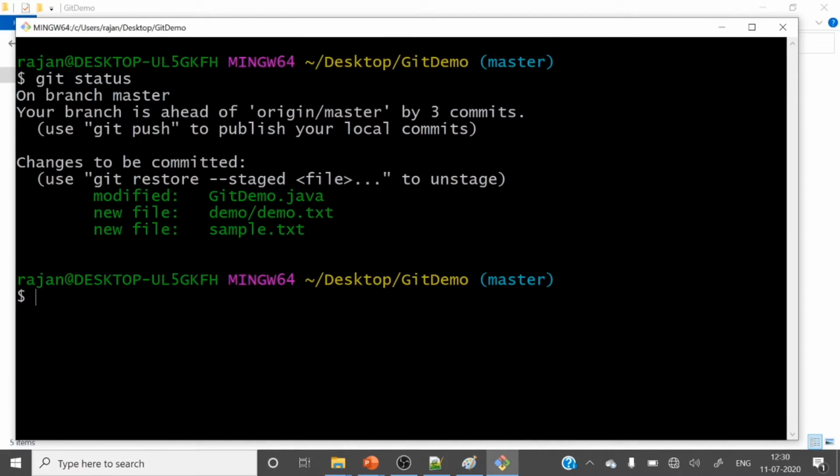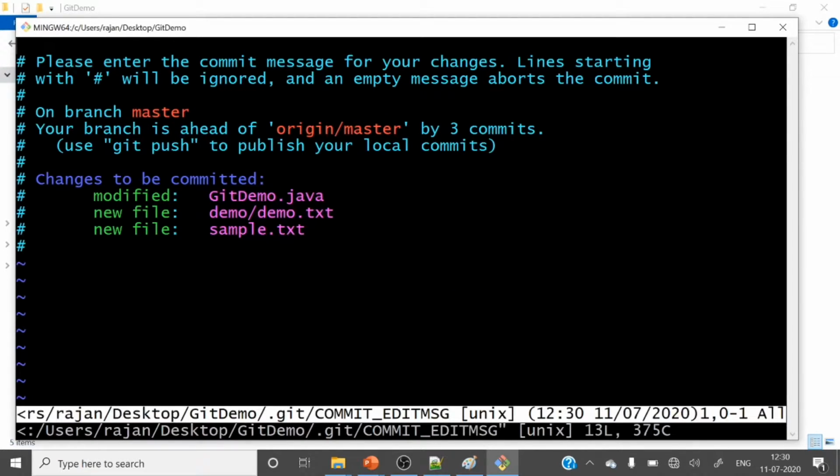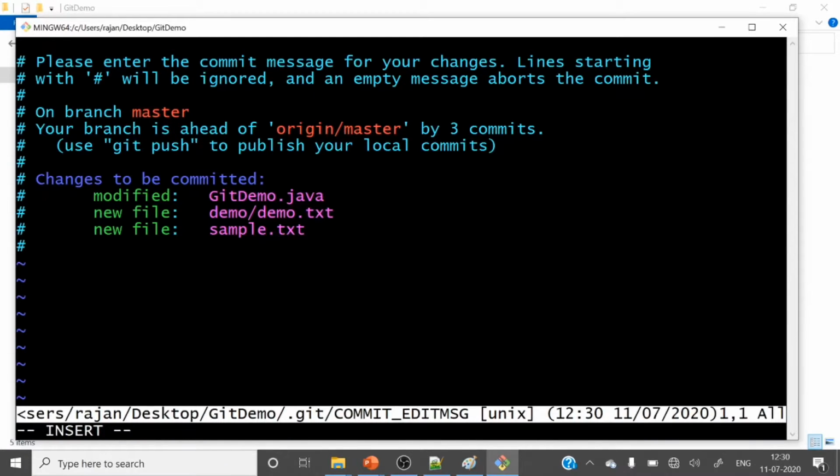Now if I type git commit, a prompt will open. Just type I, which means insert, to enter your commit message. You can type your message here: sample commit.